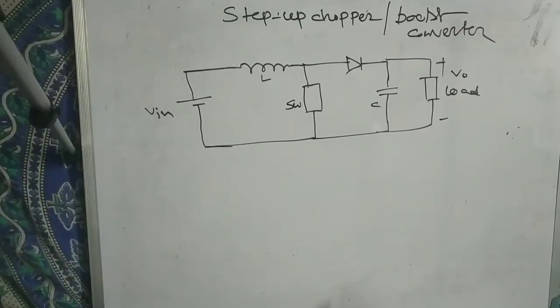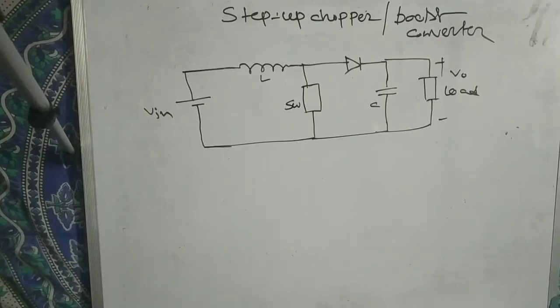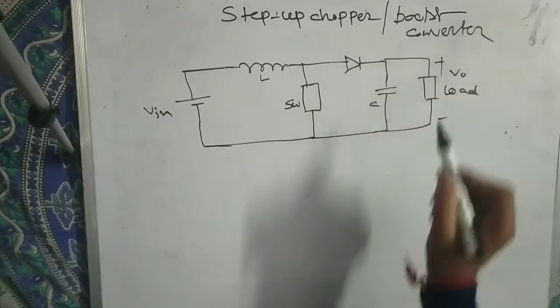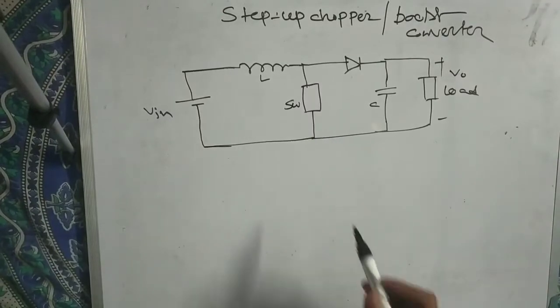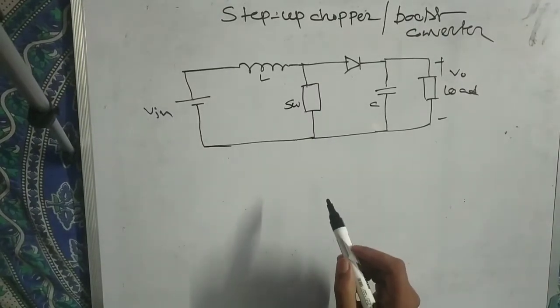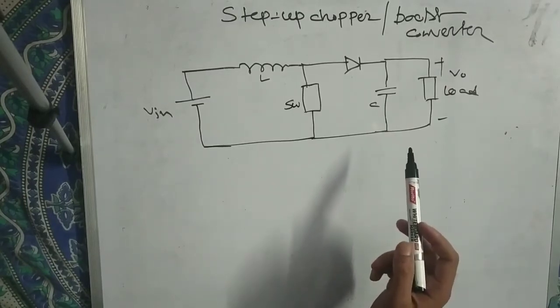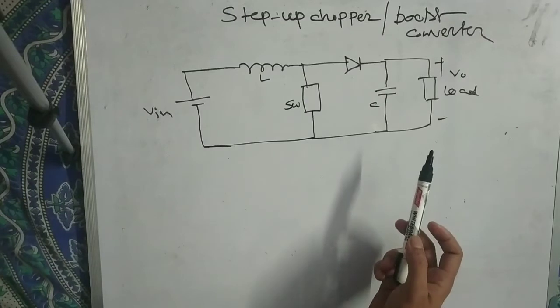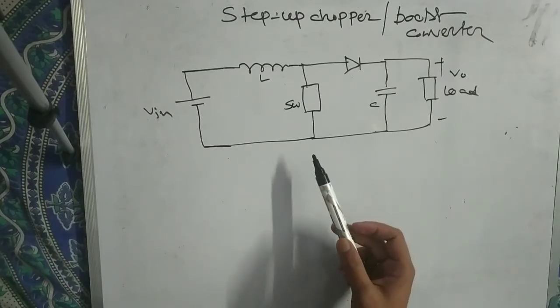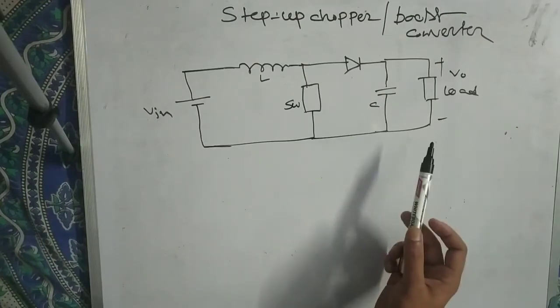We have already discussed the step down chopper, or buck converter. Now we will discuss the step up chopper, the boost converter. Similarly to the step down chopper we have already studied, the step down chopper in an AC circuit is a step down transformer, and for a DC circuit, the equivalent of a step up transformer is the step up chopper.